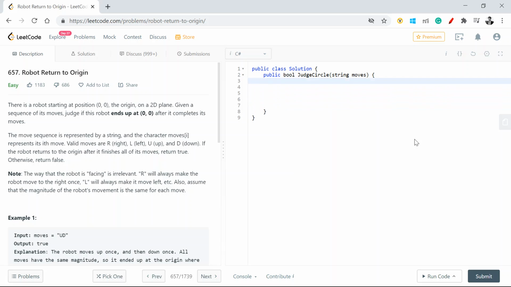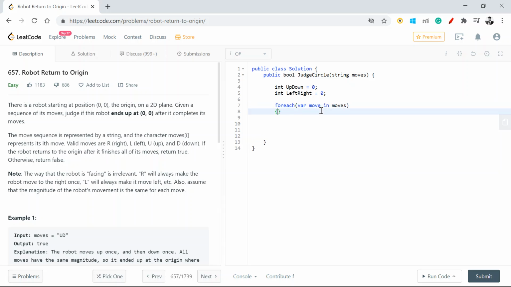Let's start coding and then see. I think post that it will become fairly easy. So I have an up-down index pointer and a left-right pointer. This is starting, assuming that my robot is at origin, and my left-right is also at origin. Now what we are going to do is, for each move in the moves,